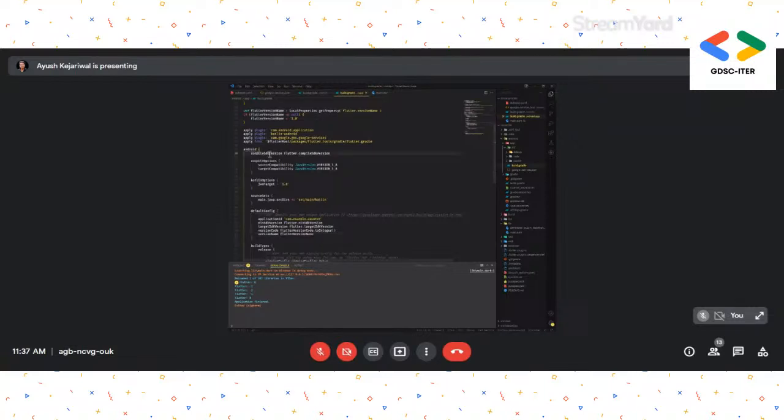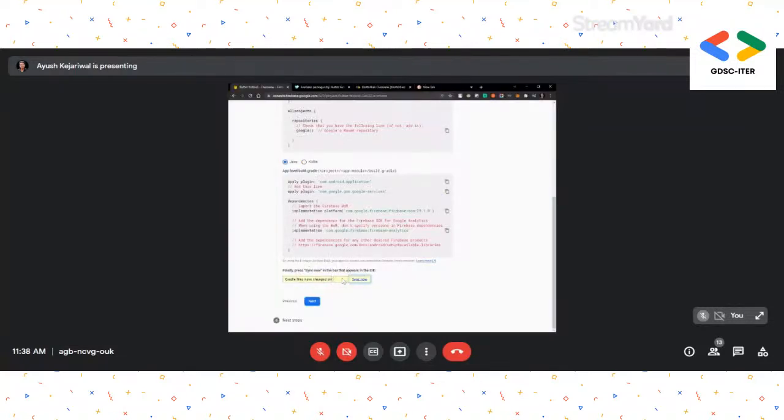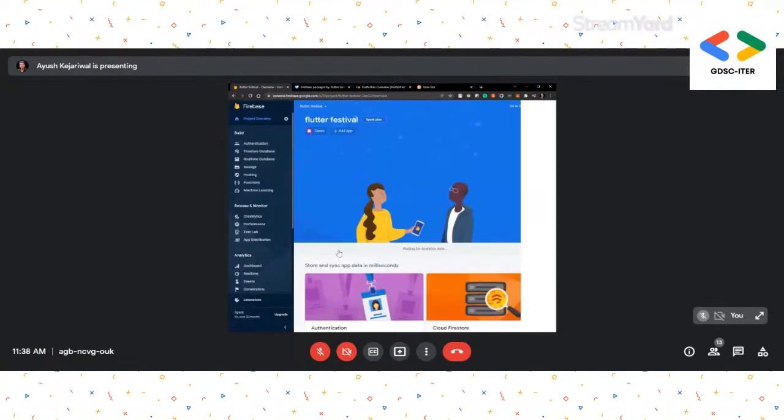You may need to change this. Sorry, compile SDK version to something like 19 or 20. You have to remove flutter.compileSdkVersion and set it to 19, and you will see in the documentation, or Flutter will tell you in the command line, that you have to change this bit to run this thing. So take care of that. For now, I will just save it. I already saved this, and now let's skip that sync now thing, and you are ready to use Flutter